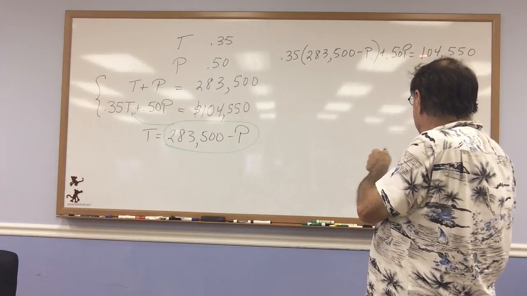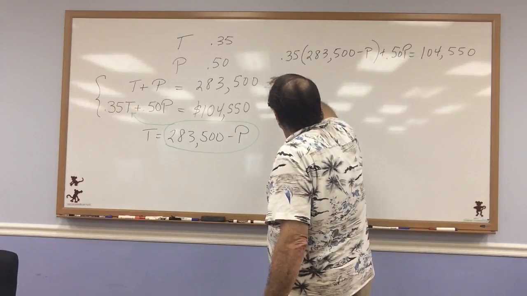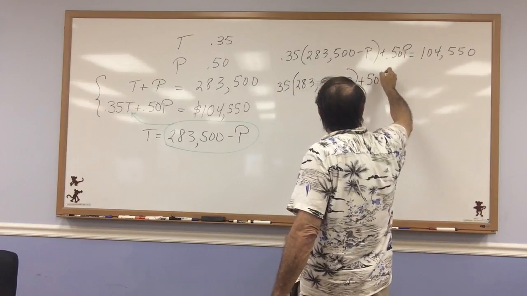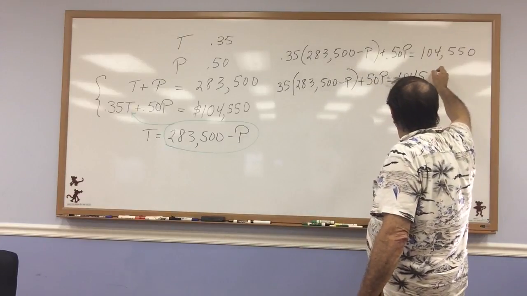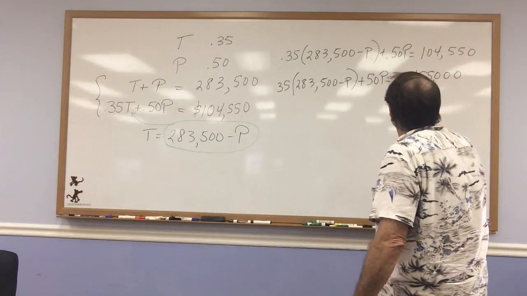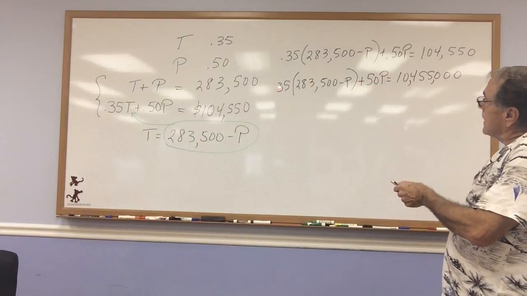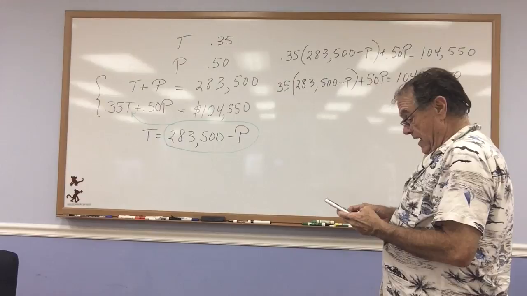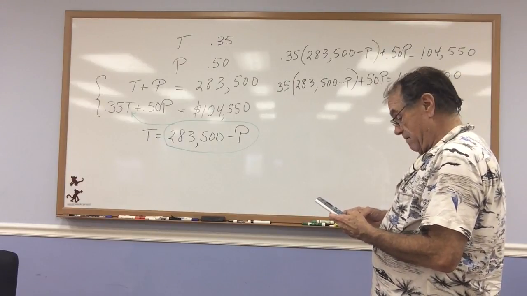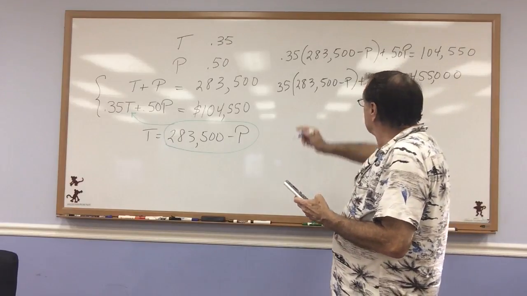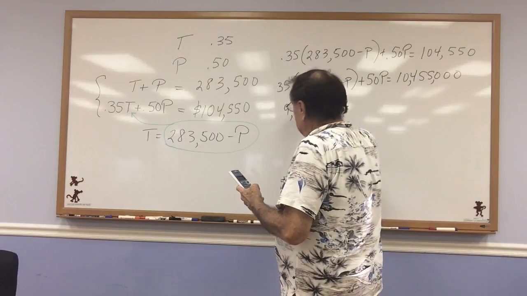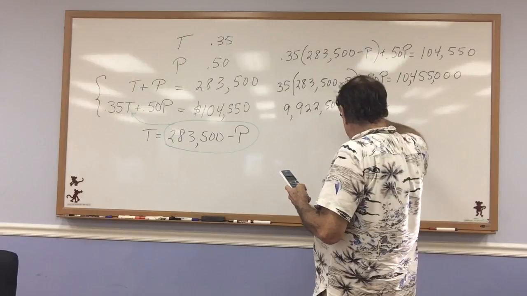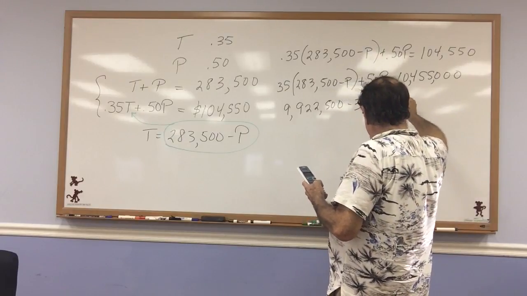Now I'm going to solve for P, and quite frankly, the easiest way to do that will be to multiply both sides by 100. So I will have 35 times (283,500 minus P) plus 50P is equal to 10,455,000. Now we'll distribute the 35, and with our distributive property, I've got 35 times 283,500. That gives me 9,922,500 minus 35P plus 50P is